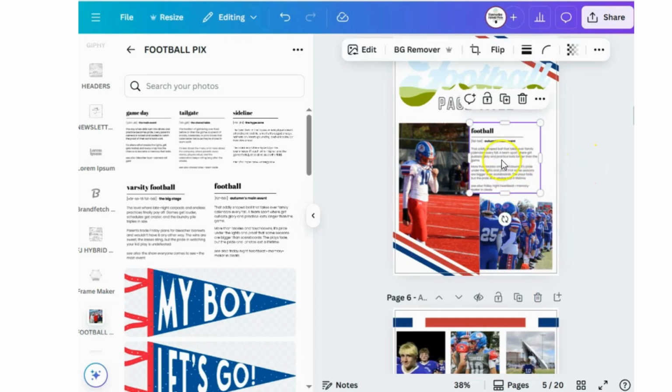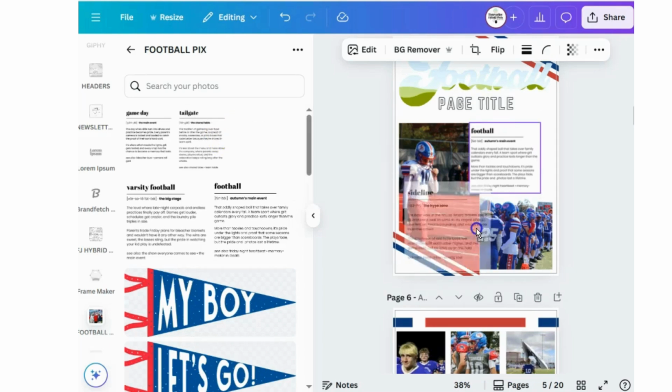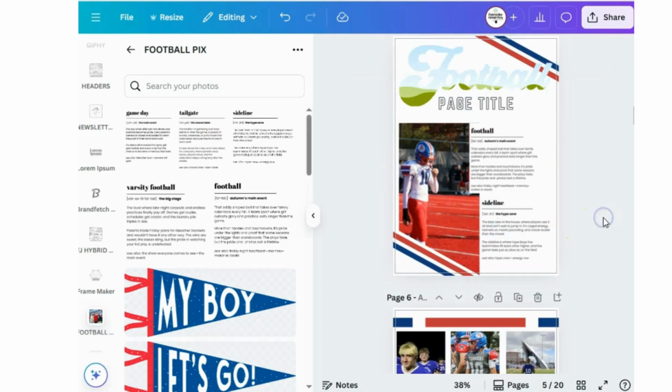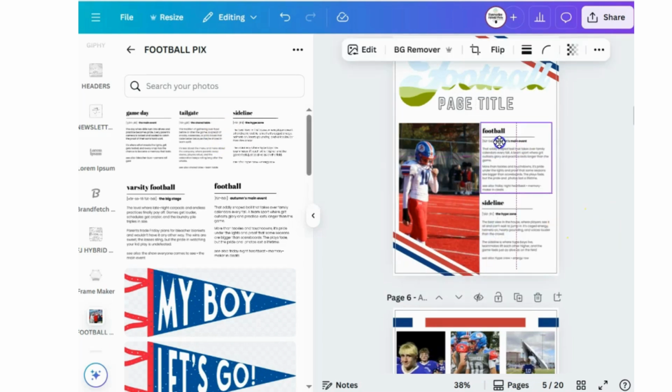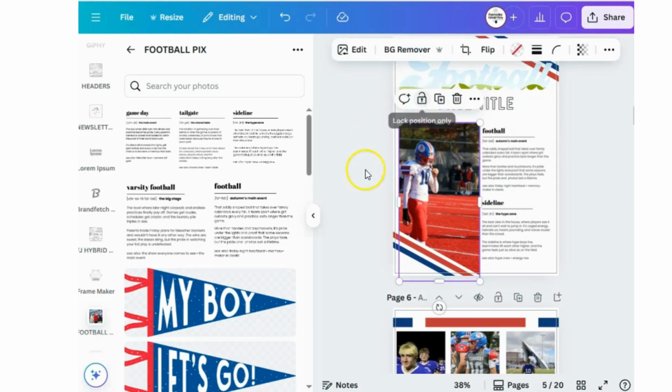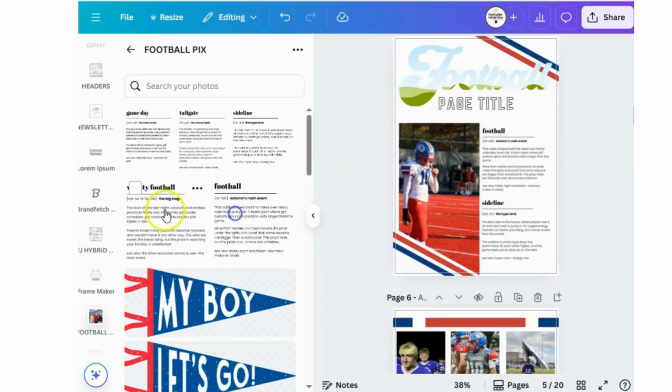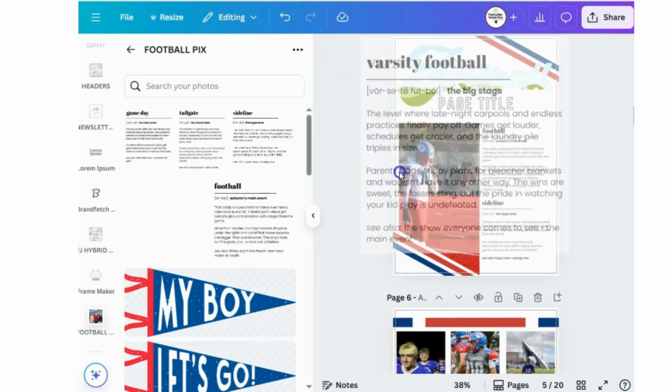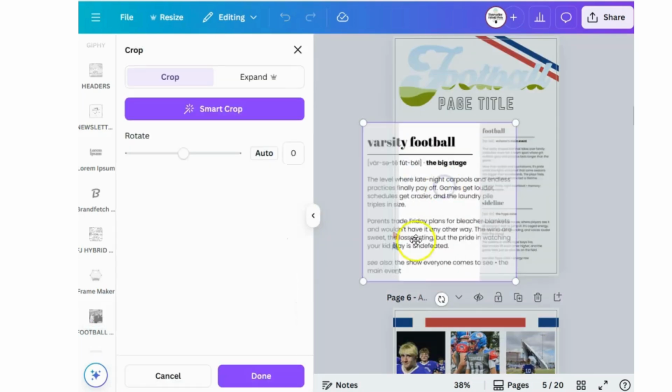Now, let's say you want to use the card in one of those photo boxes, which you can do because I designed them both square as well as rectangle. Well, then all you do is you take your card and it pops right in there. And now you have that lined up. Let's say you want to put it in this box. Remember, you have to unlock it. Okay. And now you can take probably the rectangle shaped one and you can put it in there and